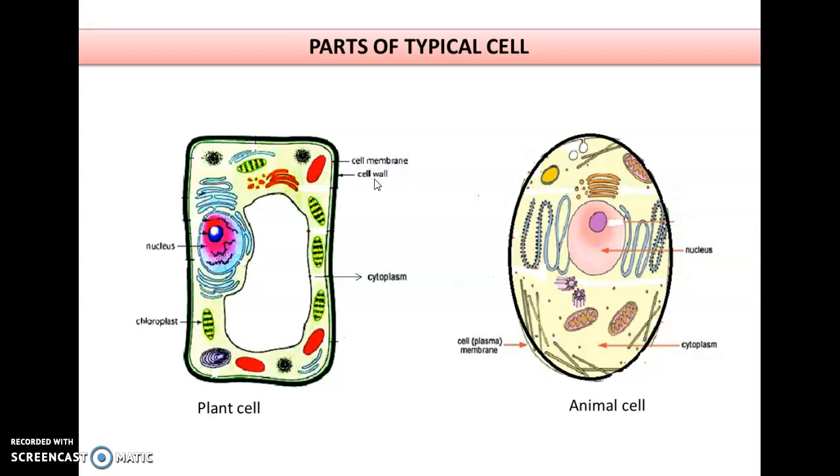Cell membrane or plasma membrane. It is present in both plant cell and animal cell. The function of the plasma membrane is to enclose the living material called cytoplasm, right? And what is the function of cytoplasm? Again, cytoplasm is a living material between the nucleus and the plasma membrane, right? Then what is the nucleus? Nucleus is the center of the cell, or we can say it is the brain of the cell. One more structure you can see here, chloroplast.